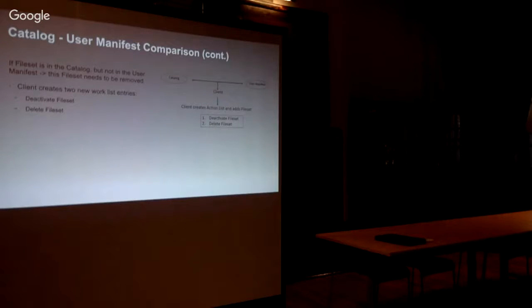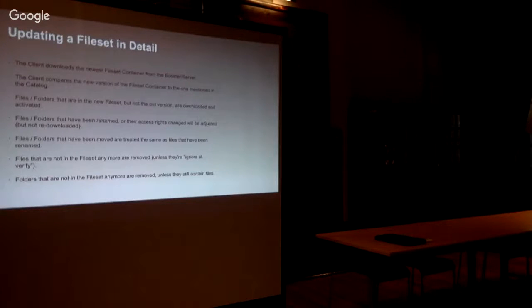The catalog comparison here: if it's in the catalog, but it's not in the user manifest, that's what I said before, you just deactivate it, and then it gets deleted. If you update something, that can happen as well. If you have a fuzzer and you do an update of the fuzzer, then with the checksum it automatically realizes which files it doesn't have on there, and only downloads the differential. So in the end, you have way less bandwidth consumption than if you would do it with a package or something like that.